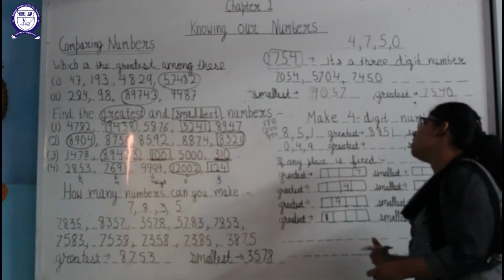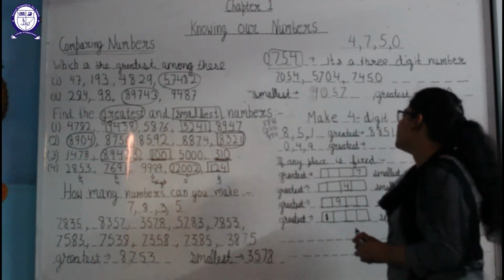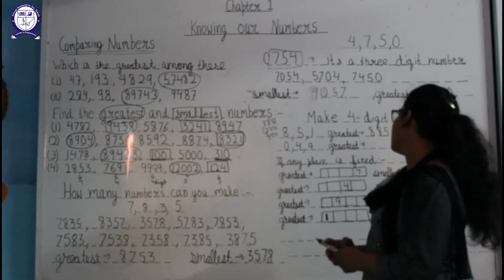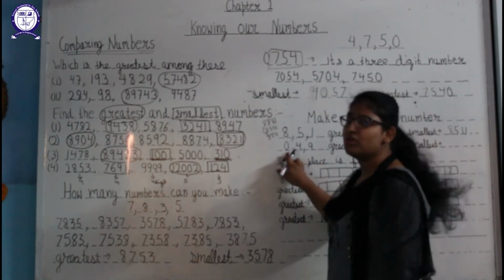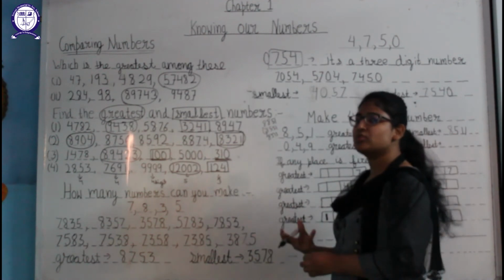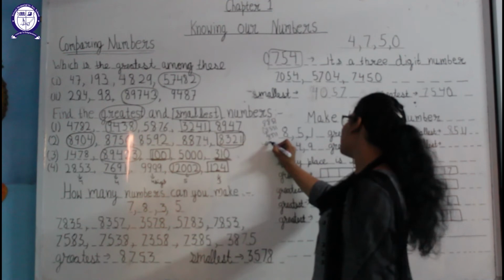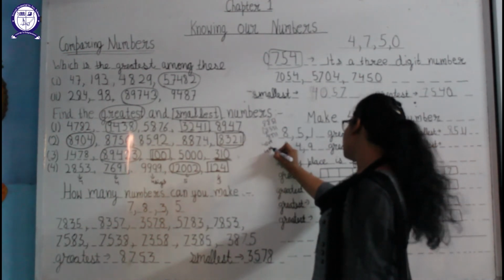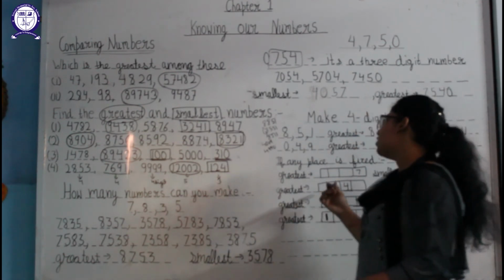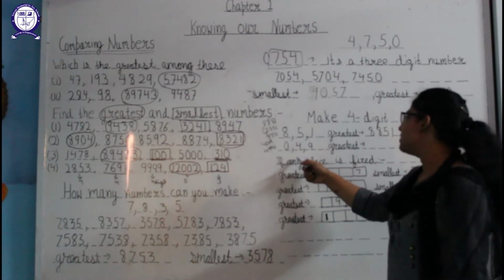In the case of 0, how will we use any of the digits twice to make 4-digit numbers? In this also we will not use 0 at the first place. We can place it at the tens place, unit place or hundreds place easily. So we can write 4099, 4990 and so on. We can make the 4-digit number by using any of the digits twice from these numbers.